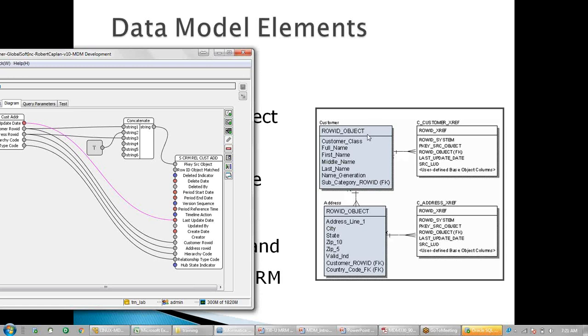Once the parent table is loaded, you will be loading the child table. When we load the child table, that is the address, we need to tell which customer this address belongs to. So at that time, we will be passing some values so that it knows it belongs to that particular customer. Like in a normal load for a child table, you pass the primary key in the foreign key column. For example, down here you can see there is a customer row ID. As of now, I will just say that you will be passing 1, 2, 3, 4, 5 in this column. So it knows that 1, 2, 3, 4, 5 is present at the parent table level, so all the records will get inserted.